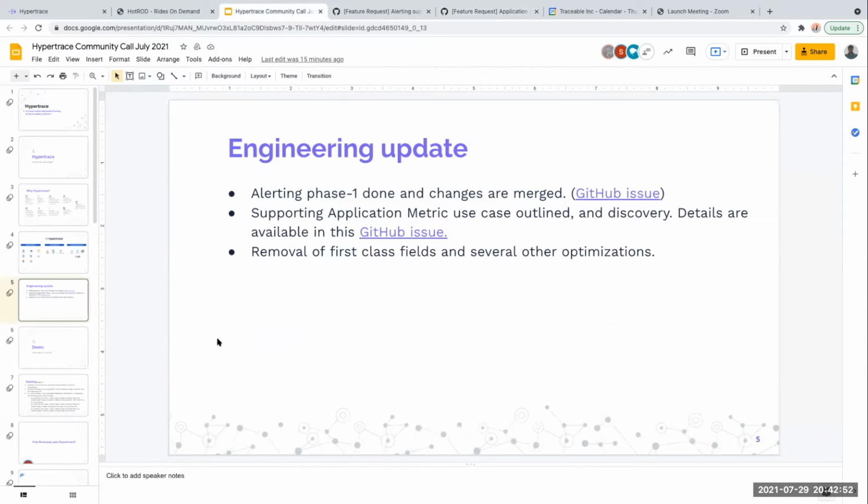Apart from this, some optimizations went into the platform. Earlier, whenever custom tags were sent in the tracing data, we had a data model wherein we used to take the tags and classify them as belonging to a SQL span or an HTTP span, and do all sorts of classification.